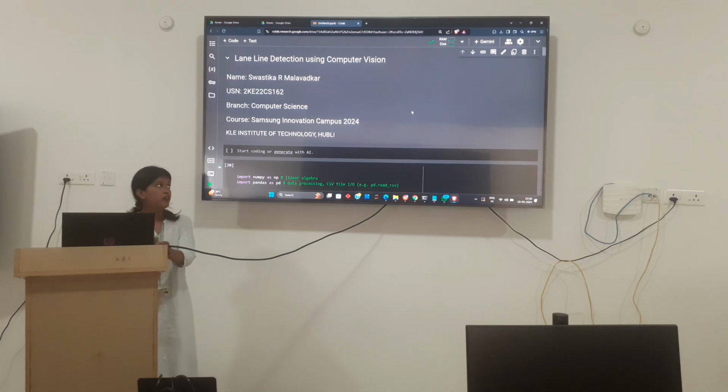And today I will be giving my project presentation on lane line detection using computer vision. So, what is a lane line? I would like to give you an overview on this. When we drive, we use our eyes to decide where to go. The lines on the road that show us where the lanes are act as a constant reference for where to steer